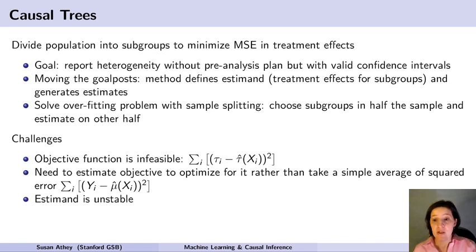So what we'll need to do is find a way to address that, and we'll propose a couple of different alternatives, but the one that we find to be preferred is to actually estimate that objective function.